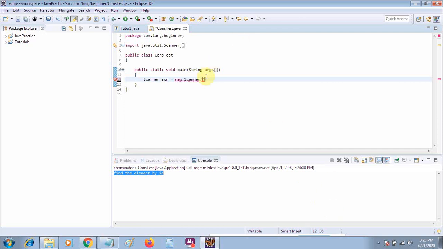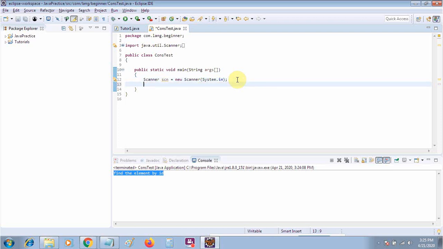The scenario is like this one, like System.in. Now you are taking the input from the user, but you don't know whether the user is entering a valid value or an invalid value, or whether an exception may appear or not. So to handle such a situation, we will use multiple catch blocks.